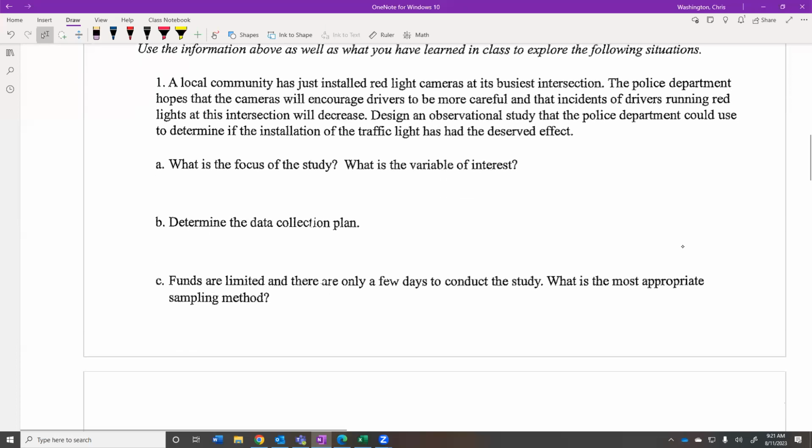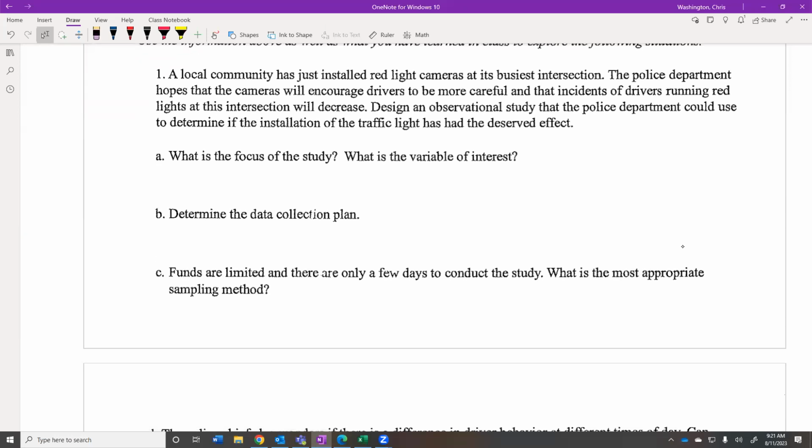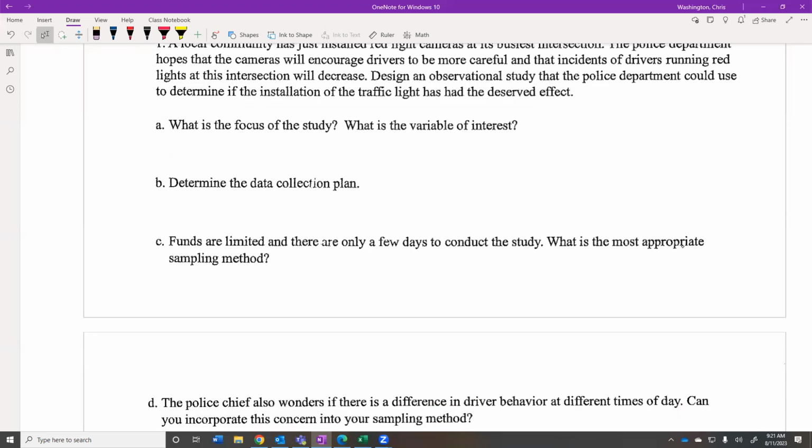So what we want to do, we want to design an observational study that the police department could use to determine if the installation of the traffic camera has had the desired effect. Okay. So what is our focus of study? What are we trying to figure out in this case? We're trying to figure out if red light cameras